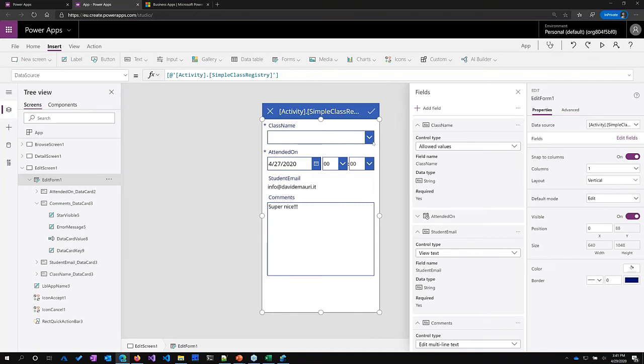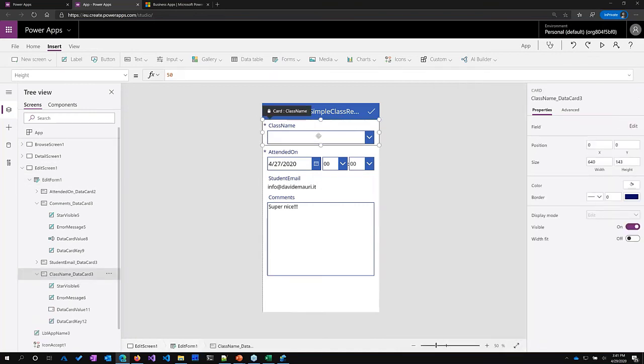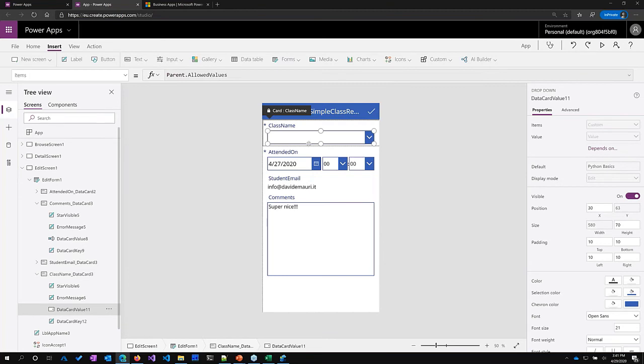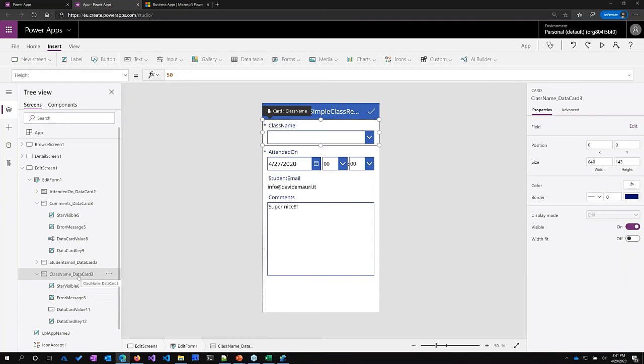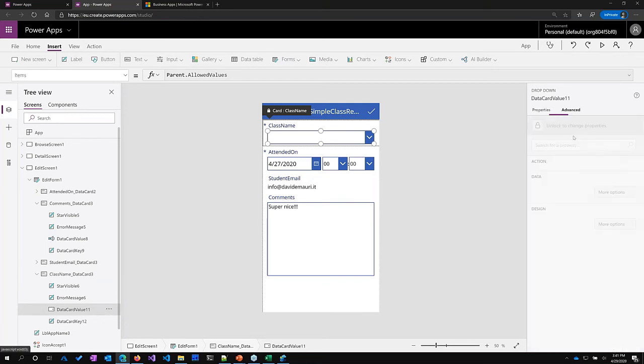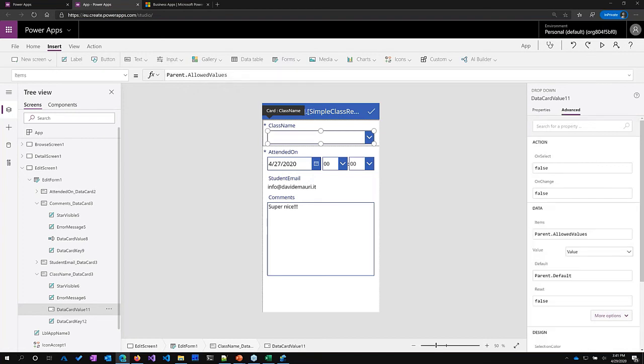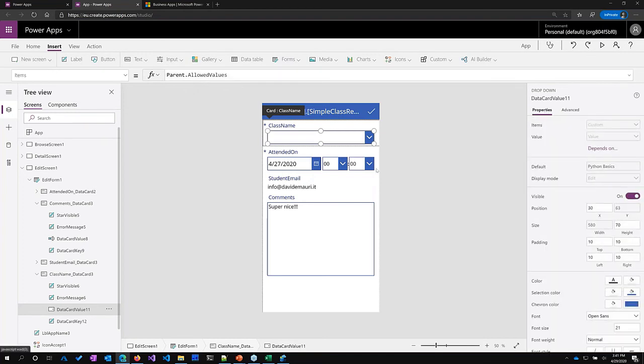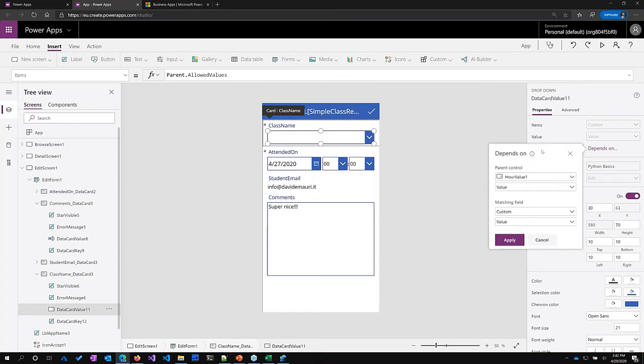Now, all I have to do is specify what the allowed values are. So I can go here and select specifically the combo, the drop-down box. And as you can see, I'm selecting not the entire small rectangle, but the specific drop-down box inside it. And here, a lot of stuff is grayed out. So I need to go to advanced, unlock to change properties. Now I can go back to properties and make sure here I select depends on,